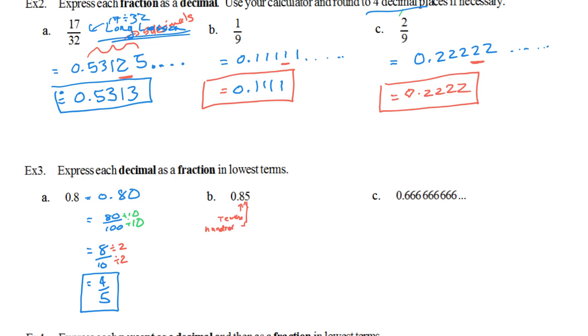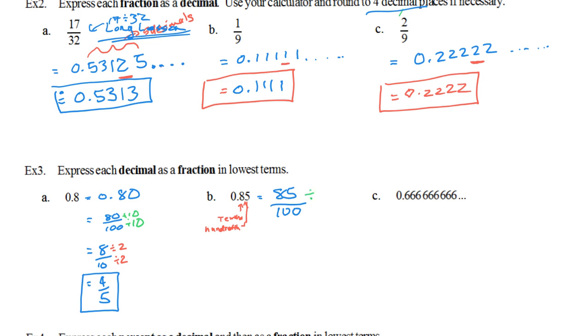Now, because we have tenths and hundredths, we can write this as 85, and because the last digit represents the hundredth spot, we can write this as 85 over 100. And we already know that all we have to do is look at the number that divides both the top and the bottom, and the number that divides both the top and the bottom in this case is going to be, well,